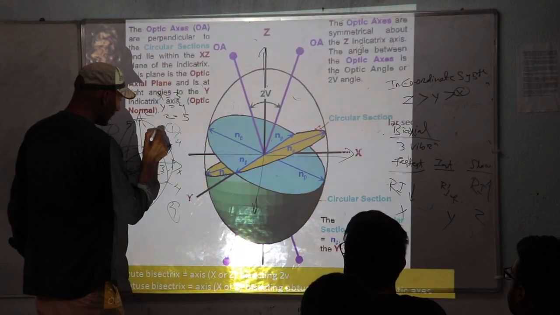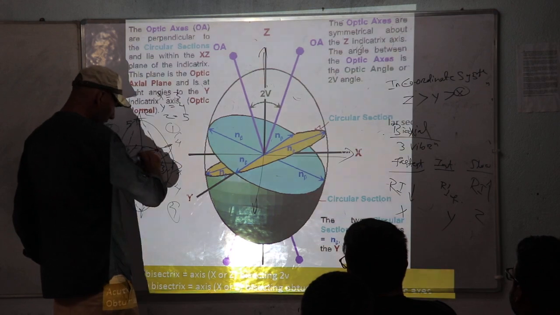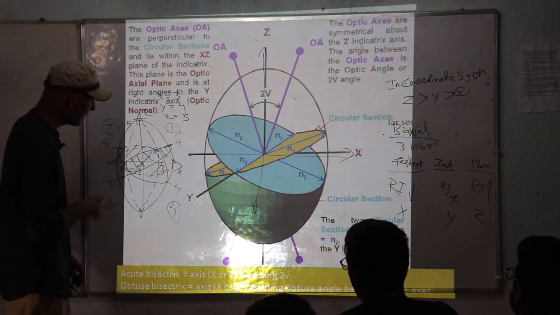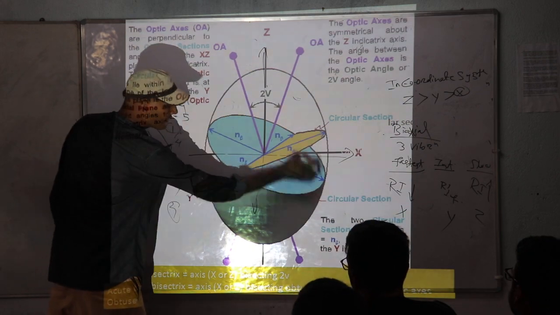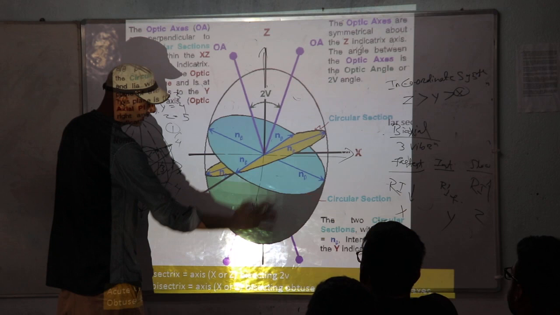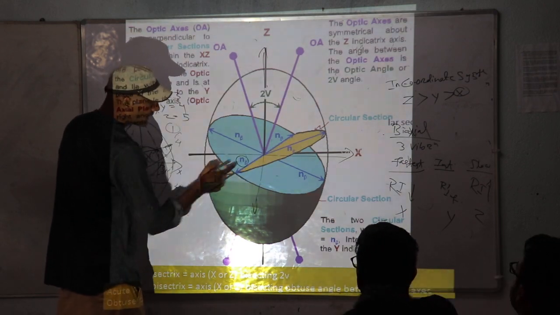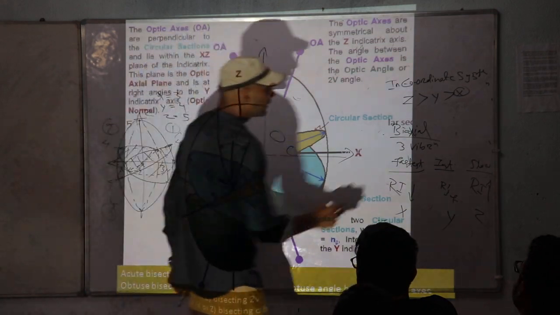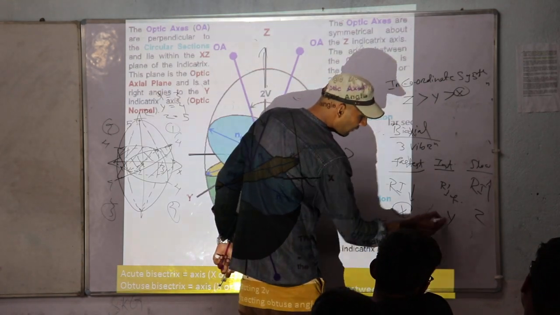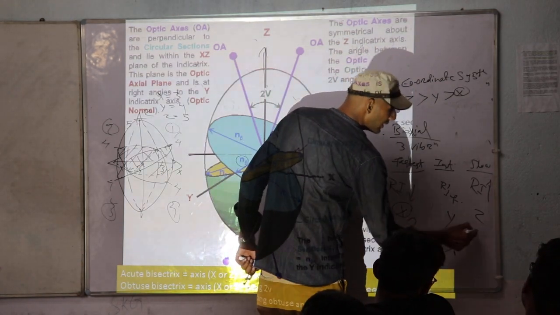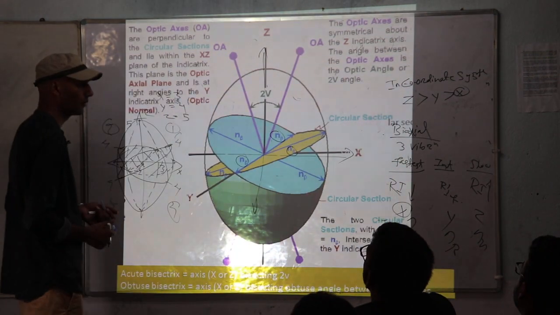So if I take a perpendicular to this circular section and this circular section. Okay, so I will make it clumsy here. You can see here, this is a circular section, this is a circular section. One is represented in yellow and another one in sky blue. So these are 2 circular sections. You can see here it is represented n beta. The x refractive index is represented as n alpha, y refractive index n beta, z refractive index n gamma, right? So n beta is the intermediate one.